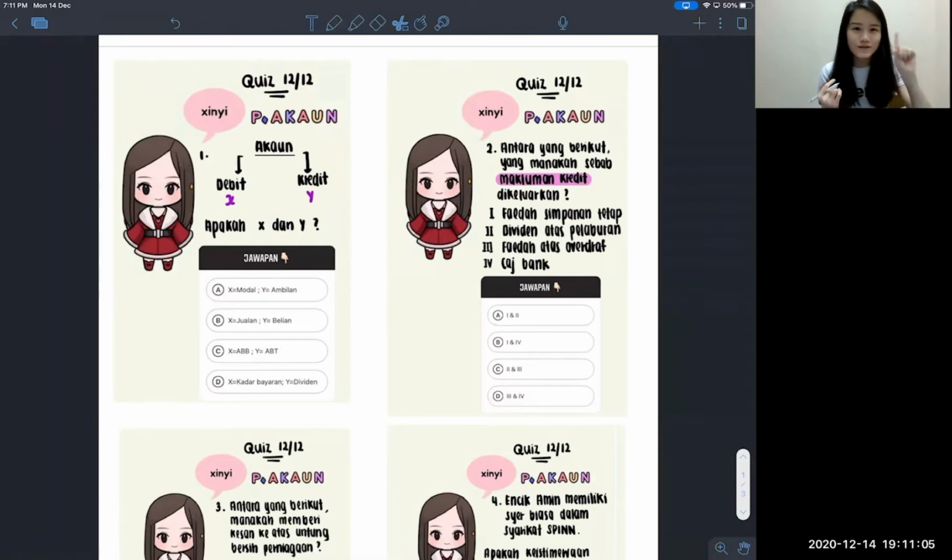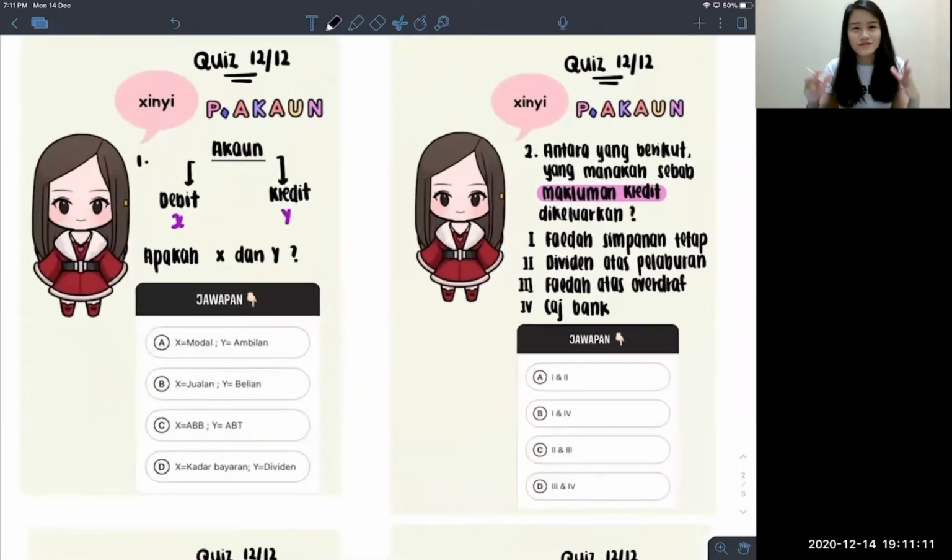Okay, all right, so the first question over here. On the 12/12, I posted this first question that doesn't have a lot of content. It's just a word debit, credit, and also X and Y. So you got to pick the correct combination for your answer. So what are the things that can be on the debit side and which are the accounts that can be